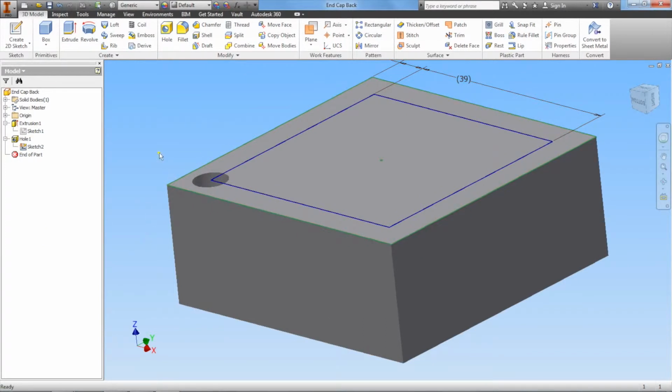So what we're going to end up doing is placing a hole at these other 3 corners here. And like I said, you could just go back and use the hole feature 3 more times, but I want to introduce you to this rectangular pattern feature. So go ahead and click rectangular,